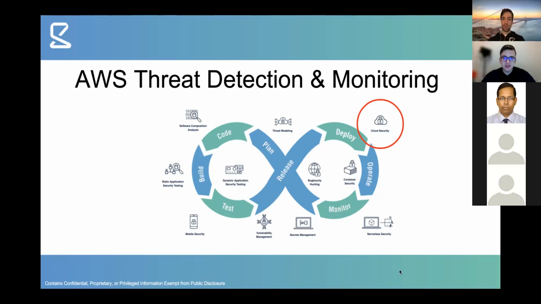Here on this slide, you can see the DevOps flow and also all the other categories in DevSecOps that we have on our platform. We have courses around them, so if you are interested in any other categories of DevSecOps, don't hesitate to visit our platform and check them out. The AWS threat detection and monitoring course is under the cloud security category. So let's jump now into